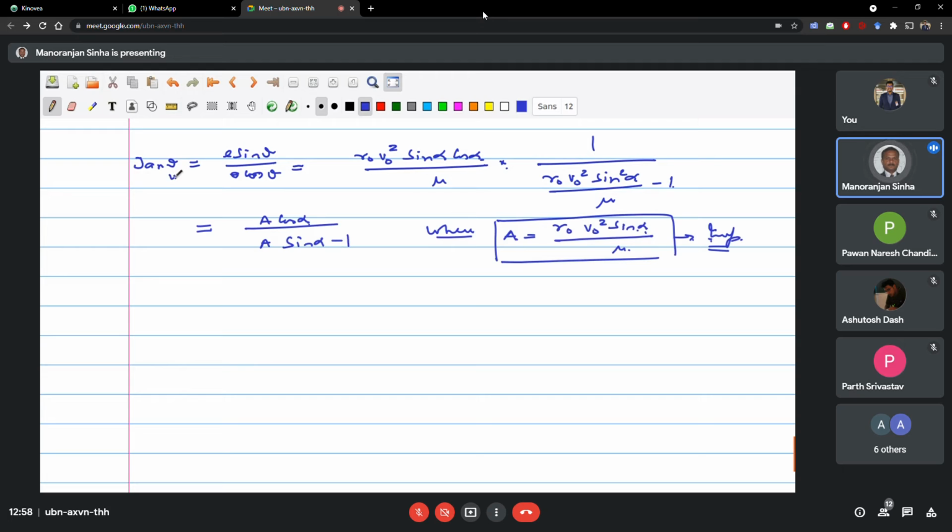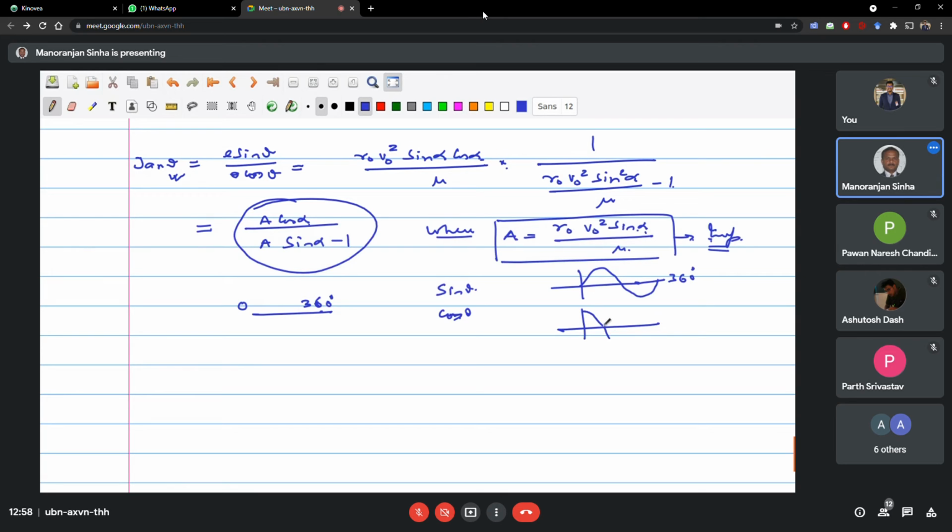So from here you have theta determined. However, theta is not determined like this, because theta lies between 0 and 360 degrees. And this needs to be resolved using the sin theta and cos theta values. The sin theta goes like this up to 360 degrees, and the cos theta goes from 90 degrees to 0 and then 180 degrees, 270 and then 360.